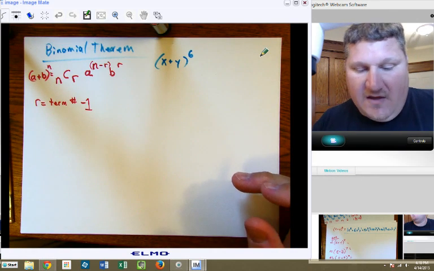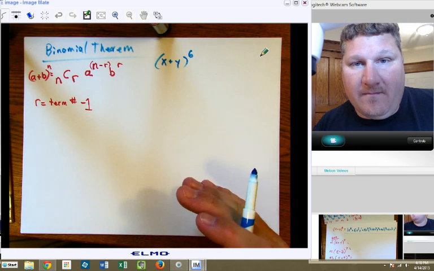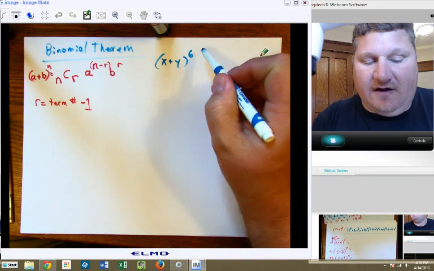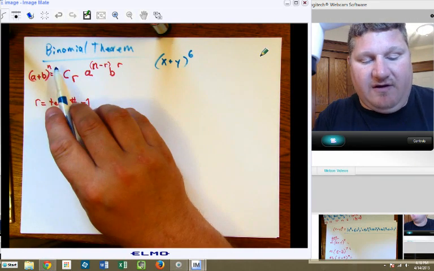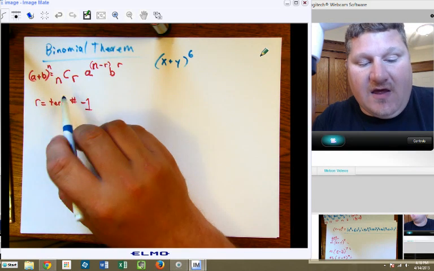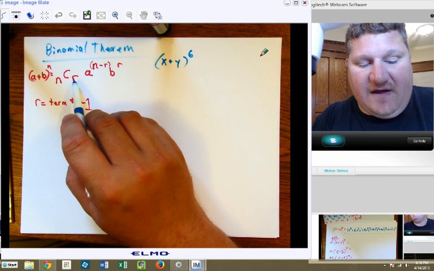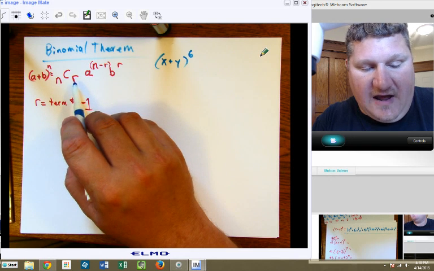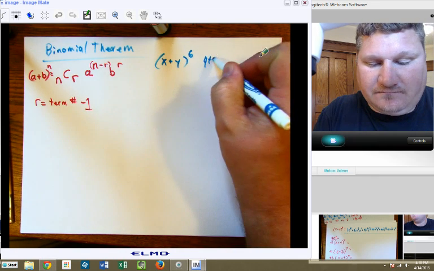we need to go. So in this case, we want to go right to the 4th term of x plus y to the 6th. Now, that formula is given any a plus b raised to a power. In our case, x plus y raised to the 6th power. I want, out of 6th, I want the 4th term. Now, I want the 4th term. This is going to be very important